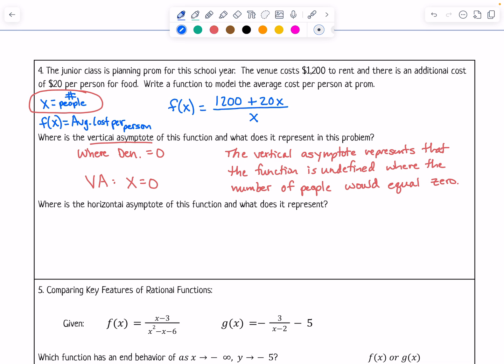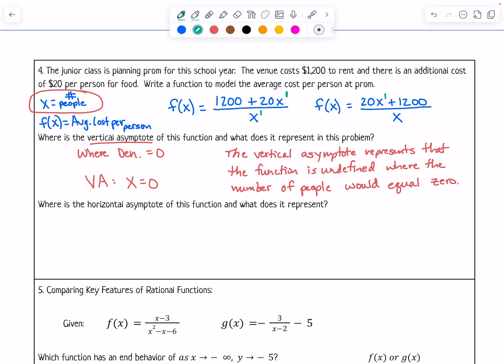a prom. Now the horizontal asymptote, we can either look at our graph to verify it, or we can just use our rules of picking it out. So I notice the degree in the numerator is 1, and the degree in the denominator is 1, so they have the same degree. And so I'm just going to rewrite this so that my numerator is really in standard form, which means our highest degree term is written first,